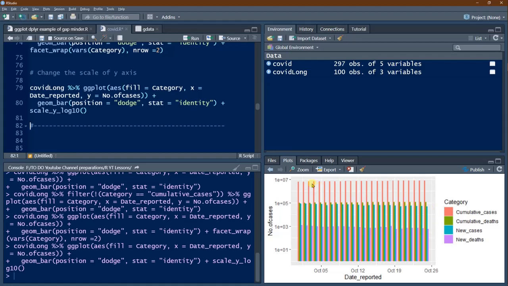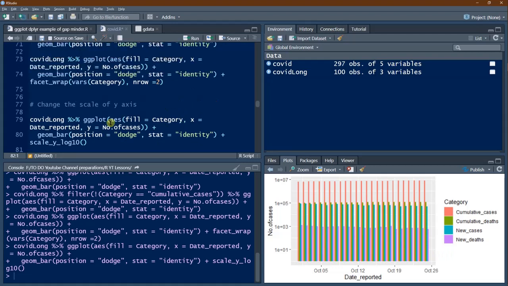Cumulative cases appear to be slightly increasing, and new cases are here, this is the blue color. So new cases are also on the decline. So you can observe only the trends here, can't visualize much. Anyhow, we have solved the problem.